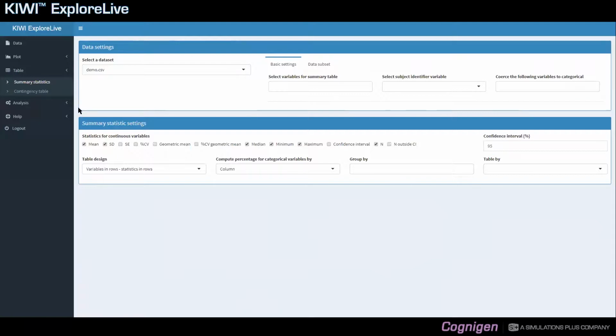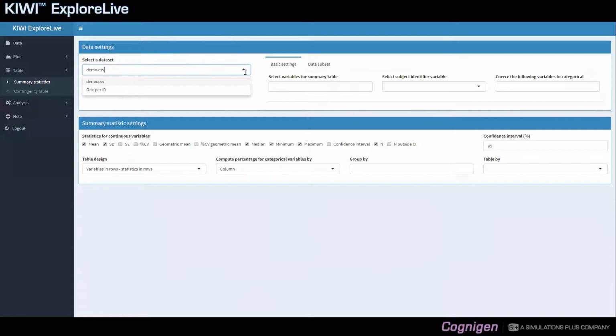At the beginning, you can see a data settings panel where you can select the information related to the data. The second panel is the summary statistics settings, which relates to the selection of statistics and the design of the table. So we will go over all those settings one by one,